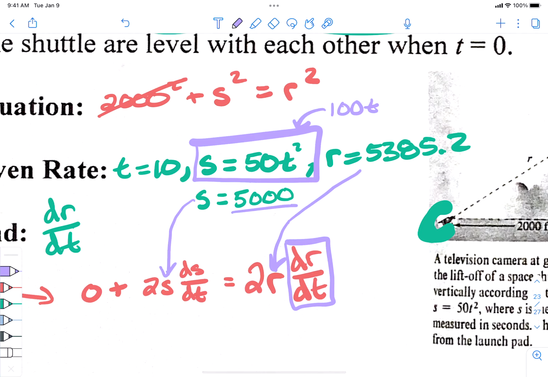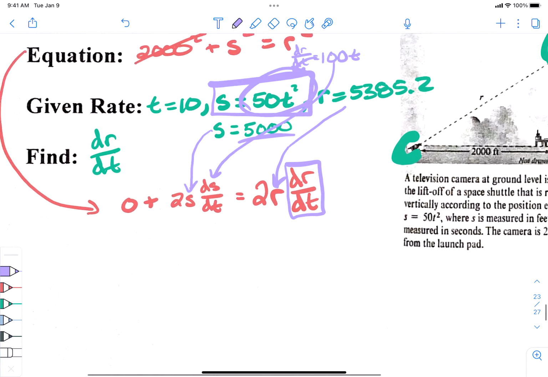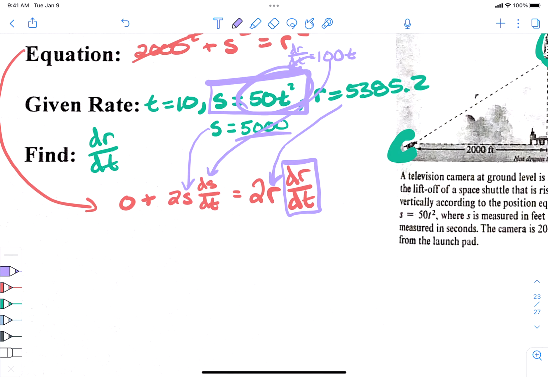I wrote it like that because yes, we're finding it at 5,000 feet, but S is changing, so we have to also write it as 50t squared, so that ds dt can be written as 100t. So this guy is 100t. Are we confused? Kinda. So maybe put them all together right there. 2 times S, which is 5,000, times ds dt, which is 100t,